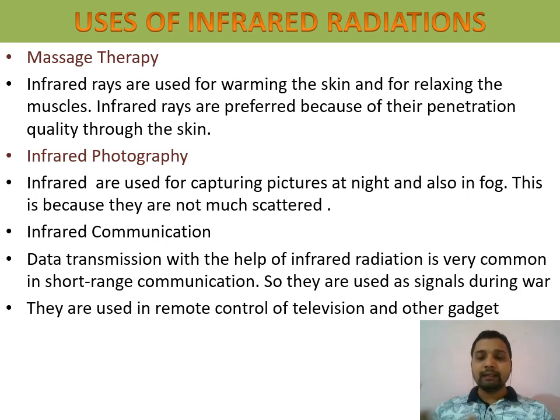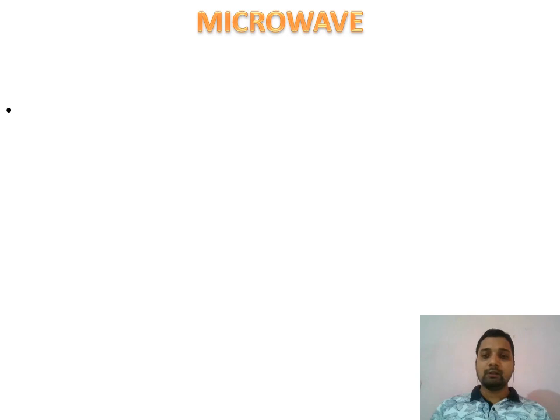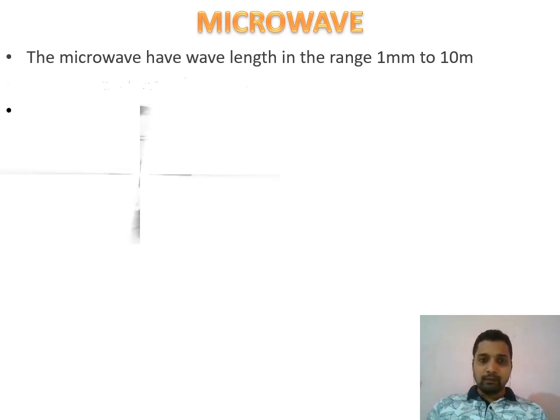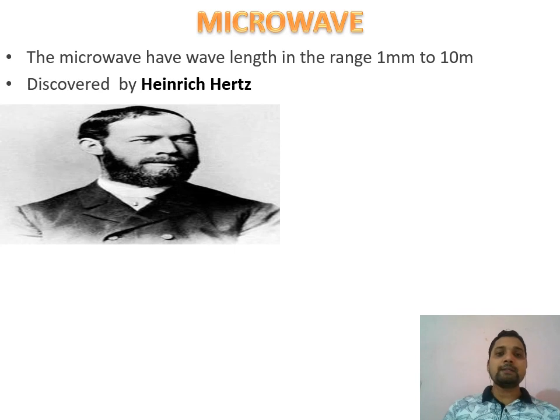Beyond infrared radiation in wavelength, we have another type of wave called microwaves. Microwaves have a wavelength of 1 millimeter to 10 meter. Here we are not using nanometer or angstrom because it is a little bit larger. So the wavelength of microwaves is 1 millimeter to 10 meter, and microwaves were first produced by Hertz,